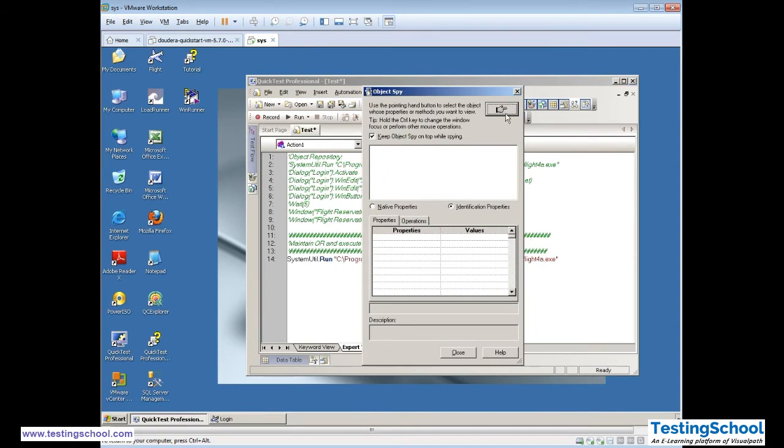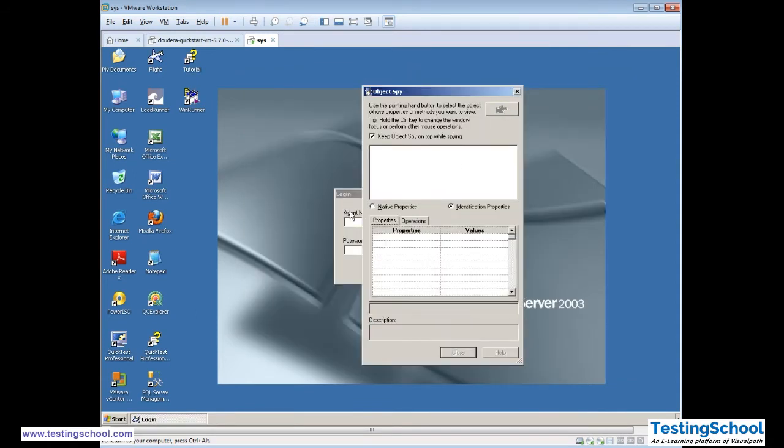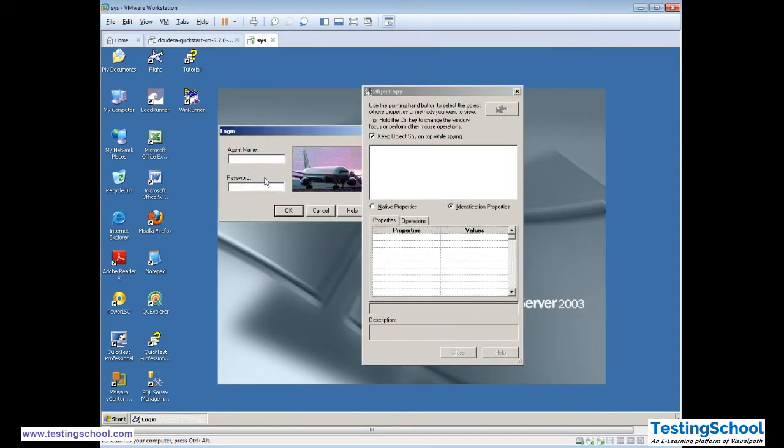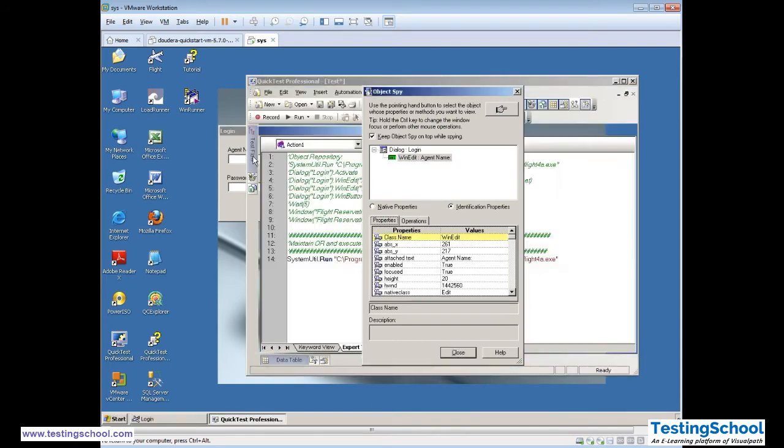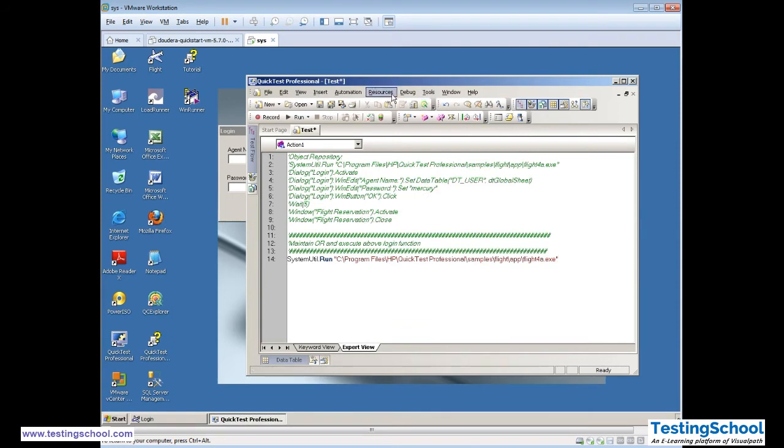Now we need to add the repository. One second, we need to go to resources, object repository. Okay, control R.